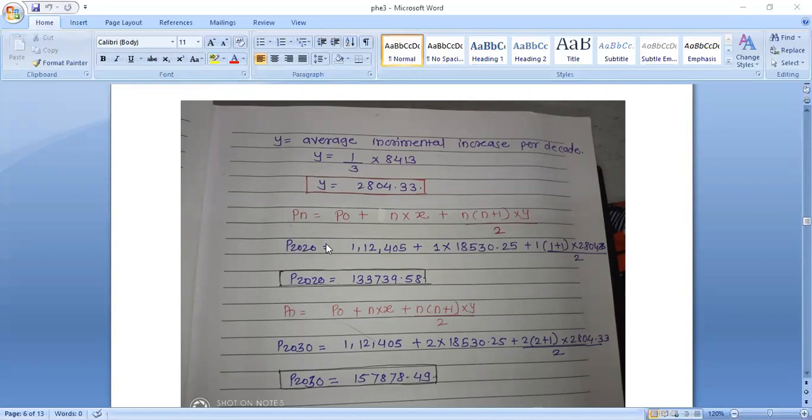First we have the given years and the population for those years. Then we have to find the increase in population and incremental increase in population. After that, we have to find the value of x and the value of y. Then by using the formula, we find the population for the next 1 decade or the next 2 decades. Hope you all get this problem. To understand the concept more clearly, you all try to solve this problem.